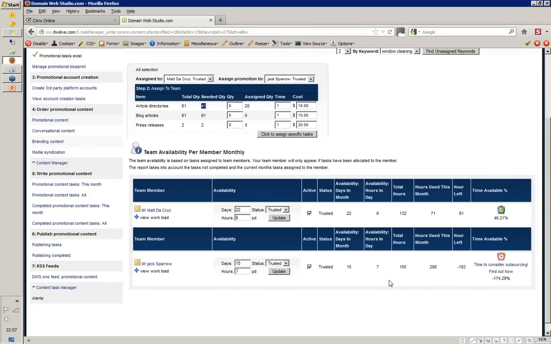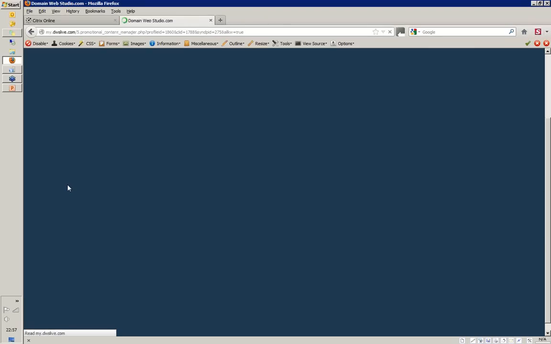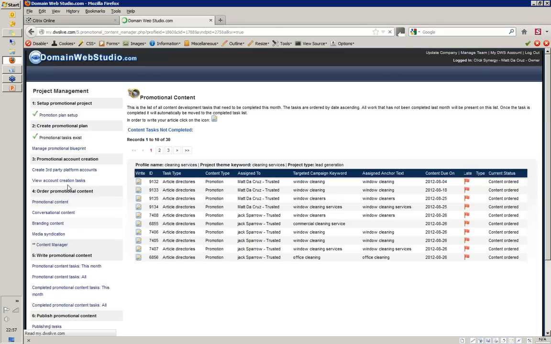DWS manages the whole process for you to the finest detail all the way through. So typically what you do here is you go through, you order your content, your writers will come and write the content, so they'll simply click on the work they have for this month. They'll write the promotion, same as before, click on the link, and when you come to write the promotion,